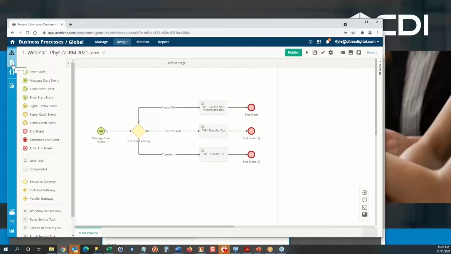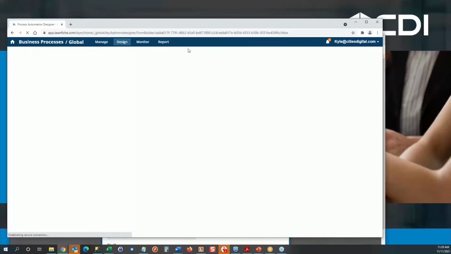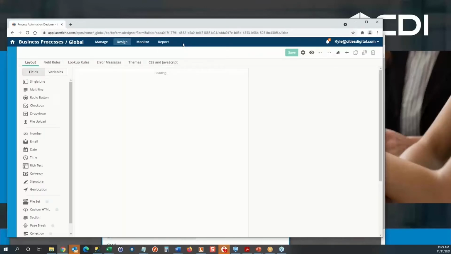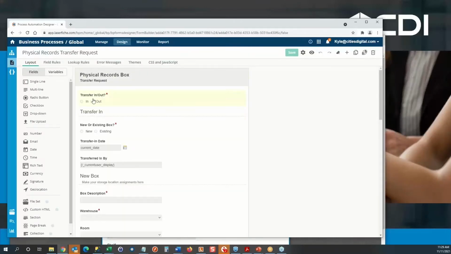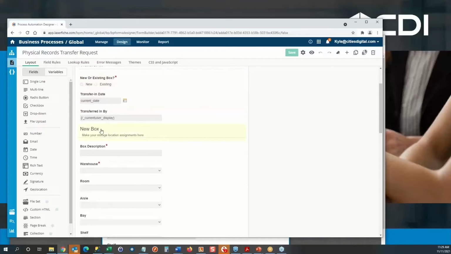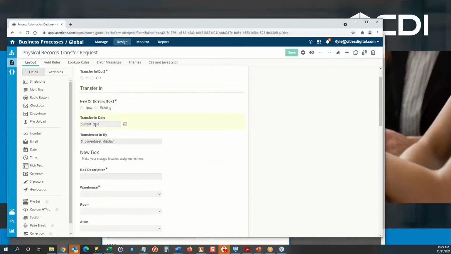We then have our form. The form is right here. We have one form, and it has some field rules. The form itself has the radio buttons for in or out. We've got our new or existing choices, and then different sections to show or hide based on our information. As you can see here, we've got some default values like the current date and the username. That way we can send a notification to that user that they have a printable barcode form if they're creating a new